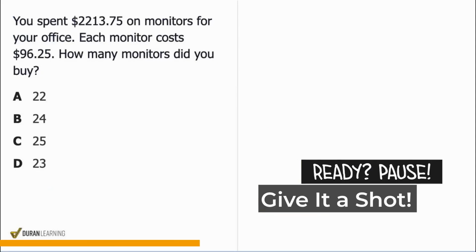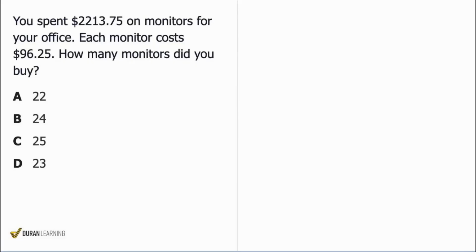All right, another word problem up. And the first thing we do, read that question sentence, everybody. Read that question sentence. How many monitors did you buy? All right, how many monitors did we buy? Okay. Everyone, when we read the situation that we have in front of us, the first thing we need to